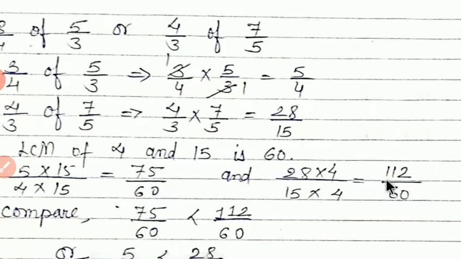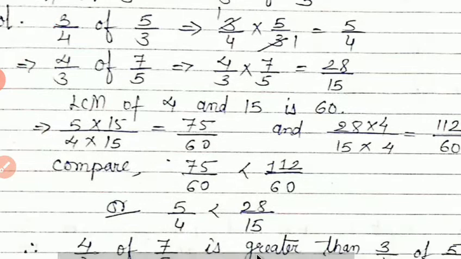And again what we have to find? We have to bring denominator with 60. So by which number we have to multiply in 15 to get 60 here? By 4. So by 4 we multiply with numerator also. So answer is 112 upon 60. Now you can see denominators are equal. Now we can easily compare it. So 75 by 60 or 112 by 60. Now we have to compare its numerator. So 112 is greater than 75, so 112 by 60 is the answer of 28 by 15.